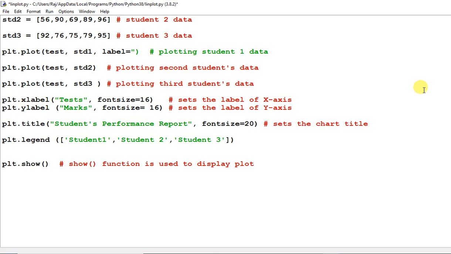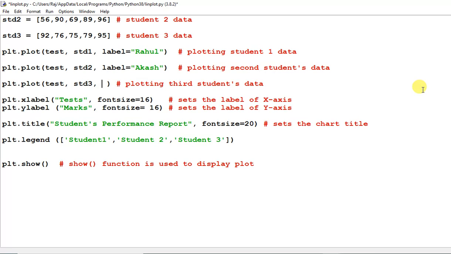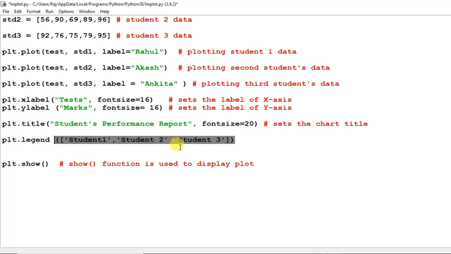label, और इसको मैंने कुछ नाम दे दिया, student 1 दे दिया इसको, या इसका नाम हम चेंज कर देते हैं, इसका बोल देते हैं कि ये राहुल का डेटा है, ठीक है, और ये मान लो लेबल इक्वल्स टू ये आकाश का डेटा है, और ये जो है थर्ड जो है इसका लेबल हम लोग दे देते हैं, ये जो लेबल है ये जो है वो अंकिता का डेटा है, ठीक है। अब हमको यहाँ पे जस्ट यू यूज़ इन दिस वे.